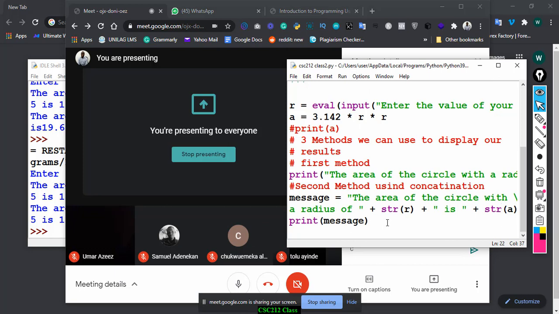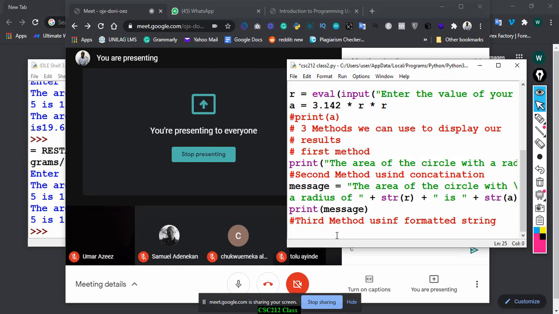It's like creating a template of what it should look like, then you inject data into the template. Let me say the third method, using formatted string. There are two ways you can write formatted strings in Python, but I only know one. I'm used to one. The second one, I don't use it often. So, the third method, I can say message